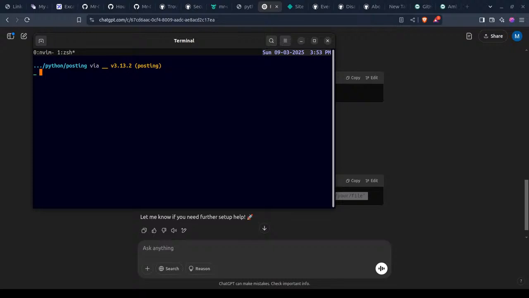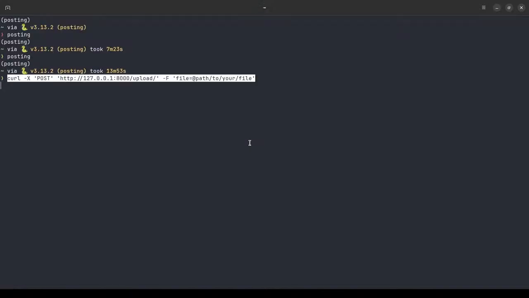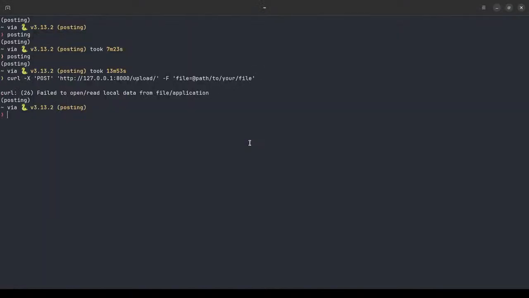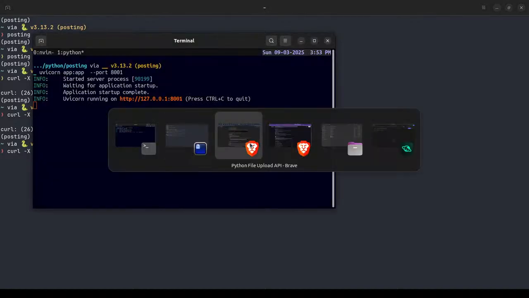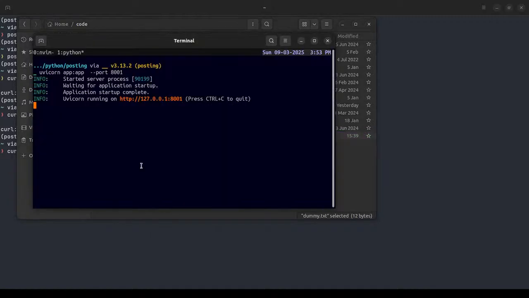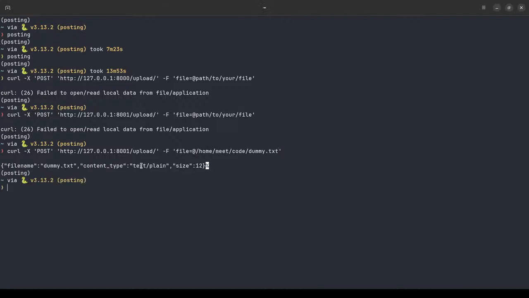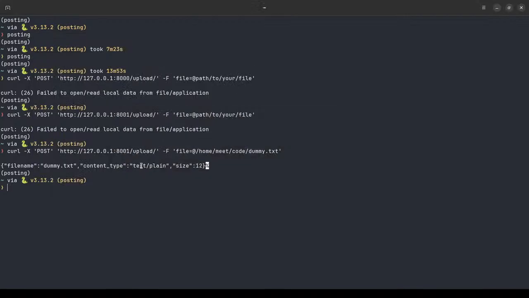So let's run this one and let's do it here. Okay, that is working. So right now, if we copy this curl